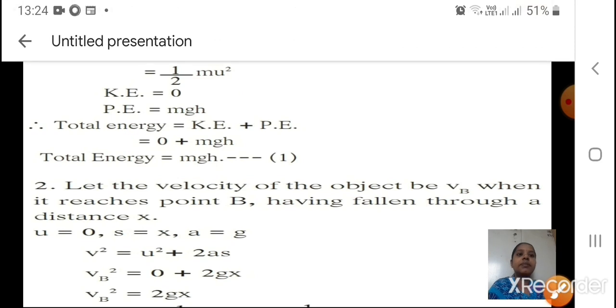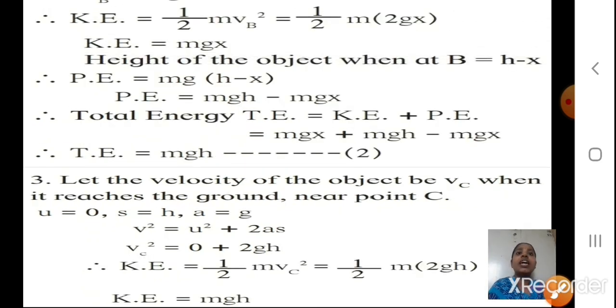Okay, now see here. Next we will see kinetic energy, is equal to half m vB square. Now first we will calculate kinetic energy. Now you know vB square, what is the value we got? You got it as 2gx. I have substituted here 2gx, half m into 2gx. Now what is the kinetic energy I got? Can I cancel out this 2 with this 2? Yes. So what is remaining? mgx. So did I get kinetic energy as mgx?